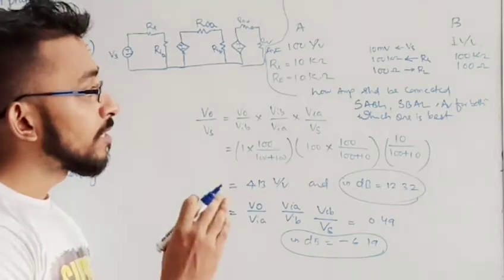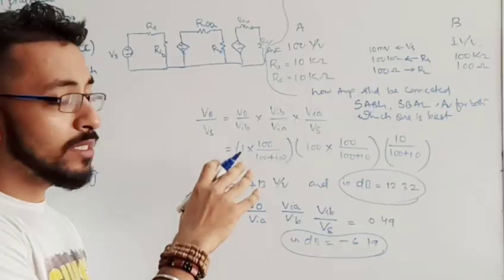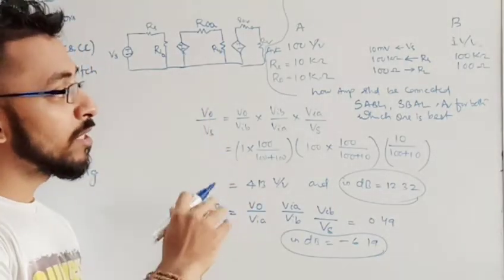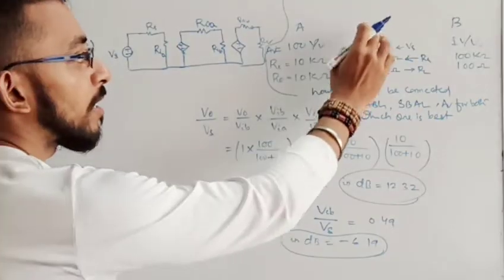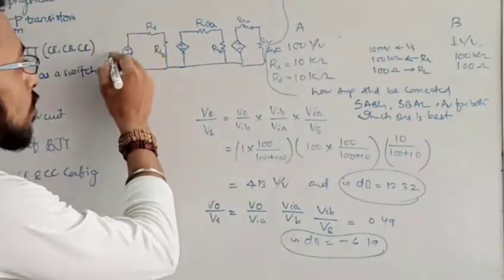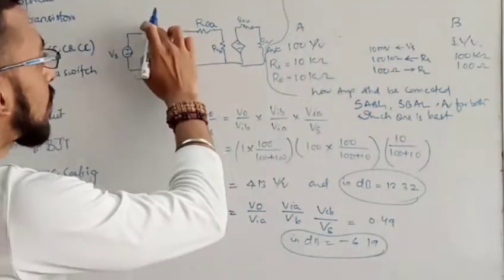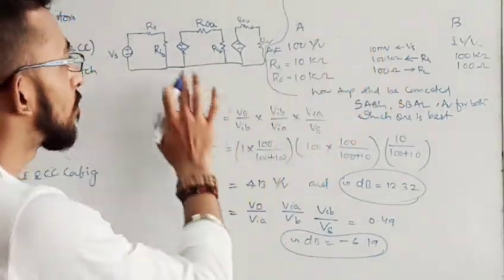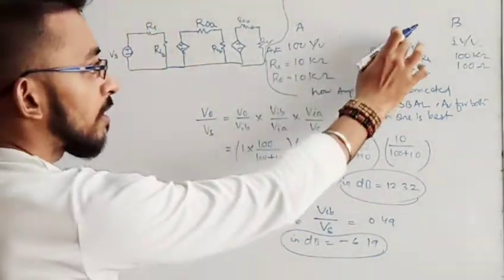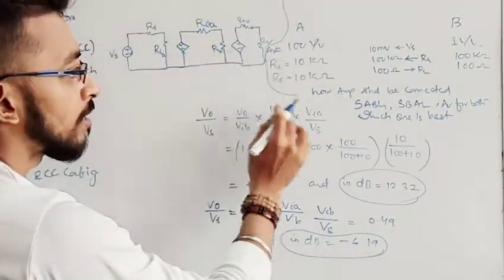In this question you can see I have already solved this one, because it takes much time. That's why I solved it, so that it takes less time for you to understand. In this question a source is given. This is the source part, where the source voltage Vs is 10 millivolt and the source resistance is 100 kilo ohm. And a load is connected, 100 ohm, that is RL over here.